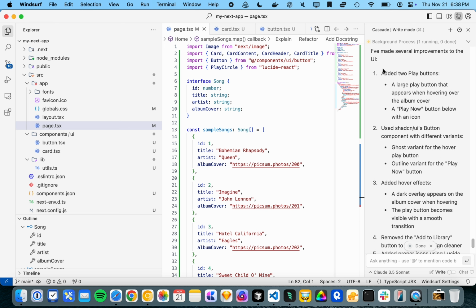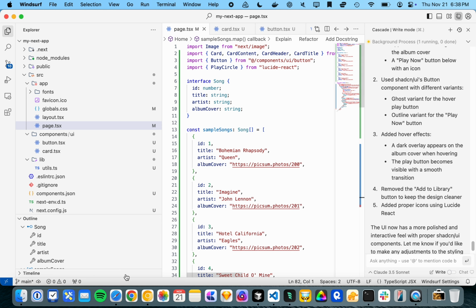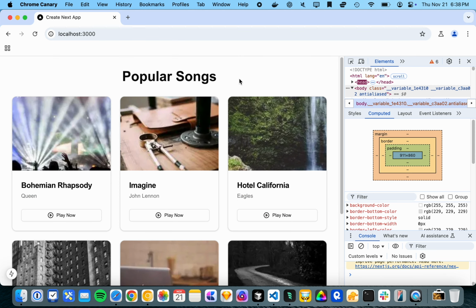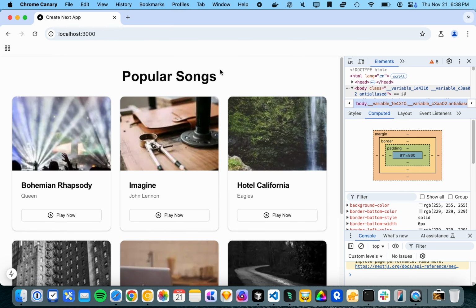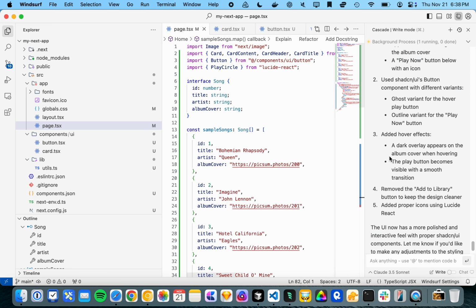I love this summary as well. It's often easy to look at all the code and like, oh no, I have to review all this, which you do, but this is a nice way to ease into it. It's like, yes, we've added 2 play buttons, a large one, and added hover effects. We can go and refresh, and alright, so it's added a play now button each song. I was imagining one at the top,